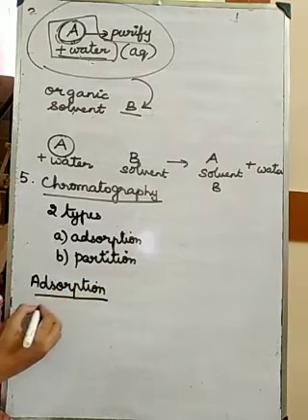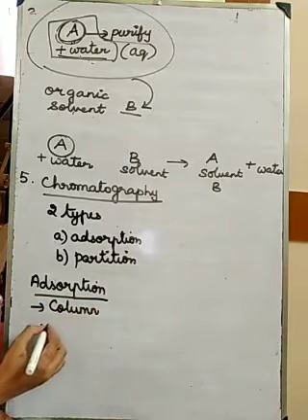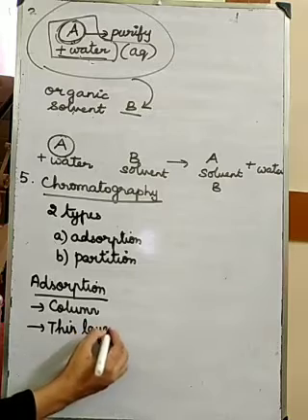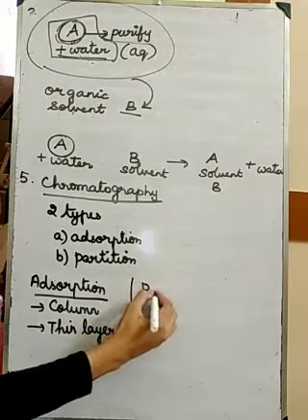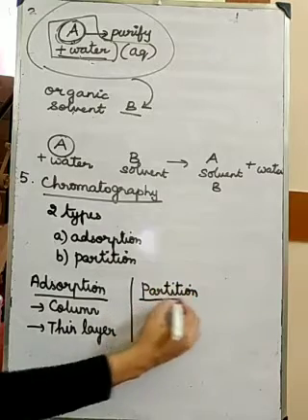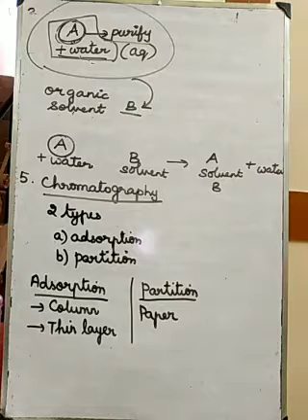we are going to study two types. One is column chromatography and then thin layer chromatography. And in partition chromatography, we are going to study about paper chromatography. So we are going to study about 1, 2, 3, 4, 5 types of chromatographies here. Okay. So first let me